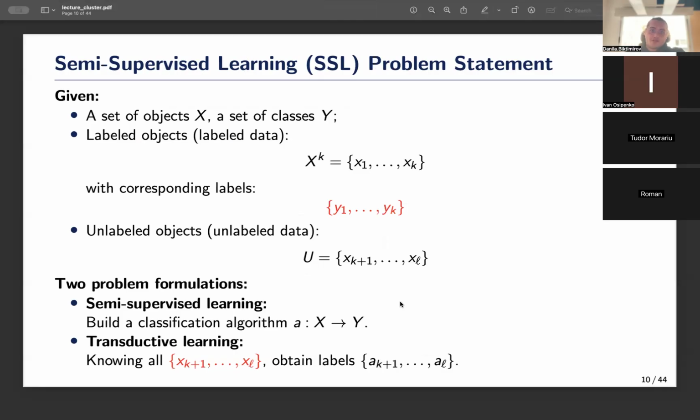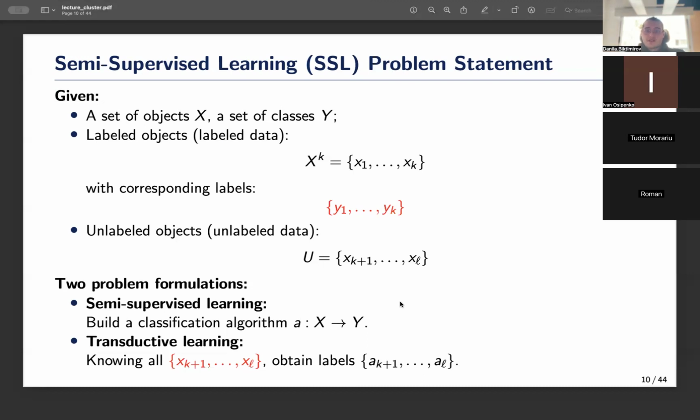So, a bit about the second problem formulation. I will often discuss both problem formulations in parallel because many methods can be easily adapted to this second approach by adding or editing just one line of code. And the algorithm will be totally the same. We call it semi-supervised learning or partial learning.